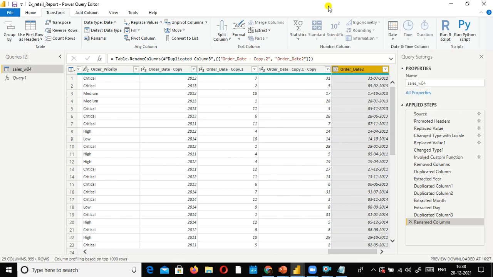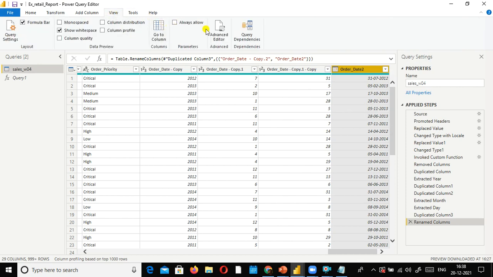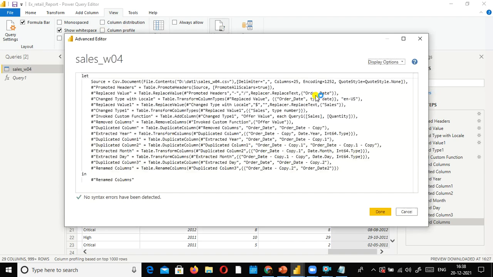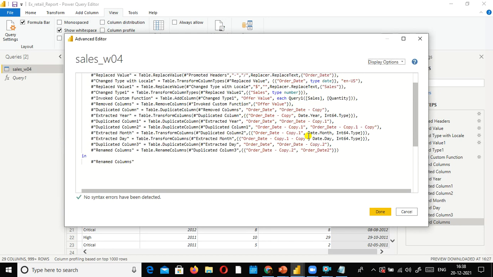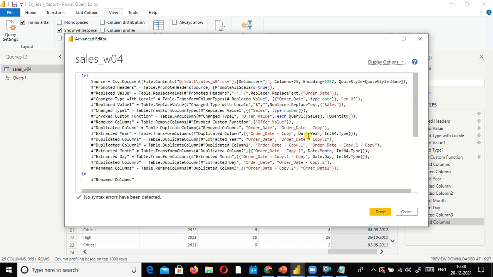Programmatically, how do I do that? You should be learning this also, how to programmatically change things in the Advanced Editor. Instead of manually extracting the date, is there any way I can extract it using a function? How can I do that?